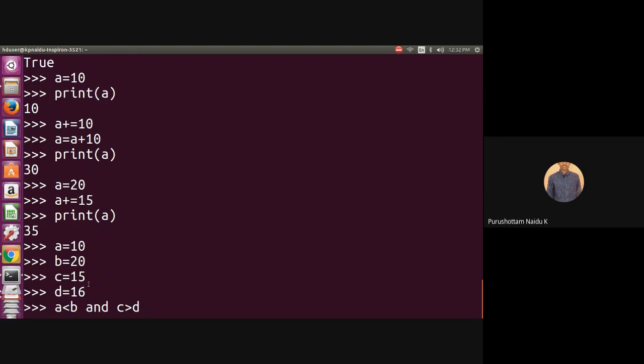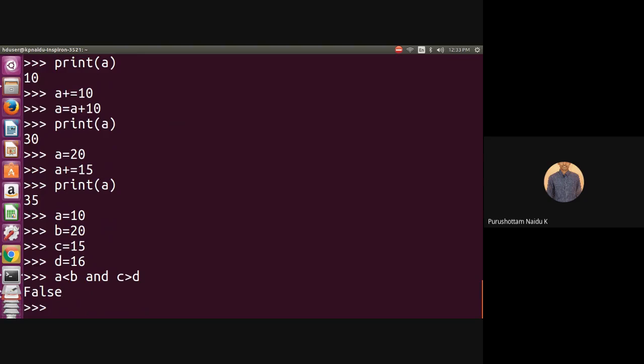So a is 10, and 10 less than 20 is true. That's why the first statement is true. And c greater than d: 15 greater than 60, the condition is false. True and false is false. That's why the output is false.